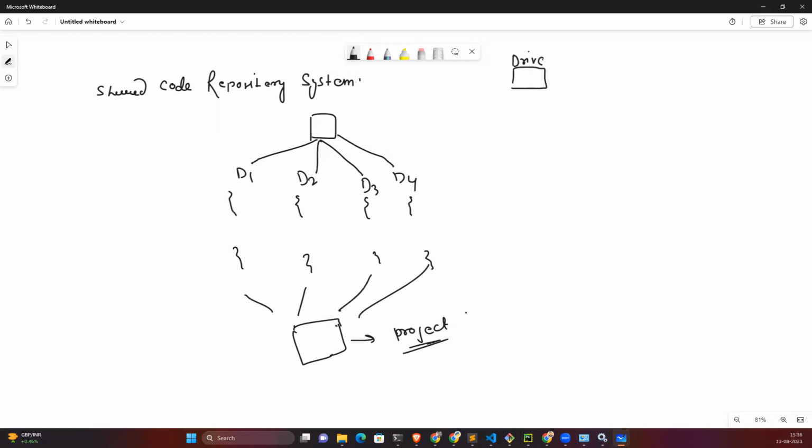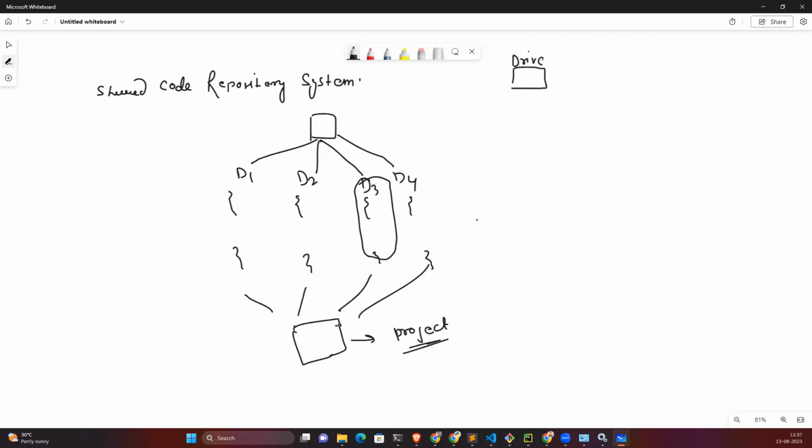Now just try to understand the problem here. Let's suppose developer 3 has written some code, and developer 3's laptop got damaged in some accident. Whatever code has been written within the last month has been lost, because the laptop has been damaged, and we can't access this data. So what can he do? Again we have to write the code from scratch, and again invest one month of resources.